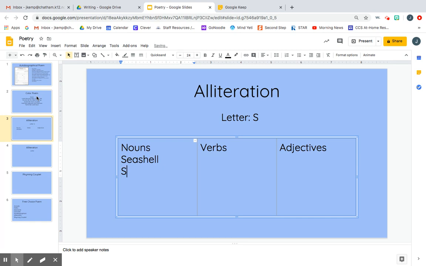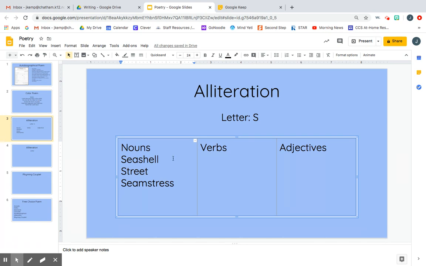I'll try to think of a place too. I'll do a street. That's a place. And a person that starts with S. I'm trying to think of a person that starts with S. A seamstress is someone who sews and kind of fixes clothes for you. So that would be a person that starts with an S. So I have a person, a place, and a thing.